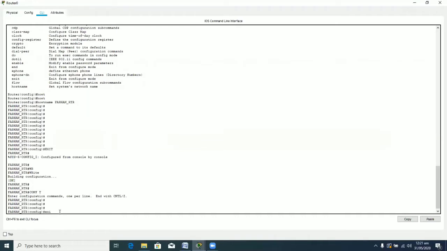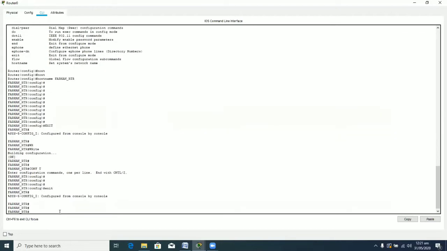If you want to check what the different types of interfaces installed on your router are, then you just simply use the show ip interface brief command. You can write it in the short form as show ip int brief. Basically this is the show ip interface brief command. You don't have to write the complete show also. You can simply write it as sh ip int bri. So this command will give you all the interfaces that are present on your router.